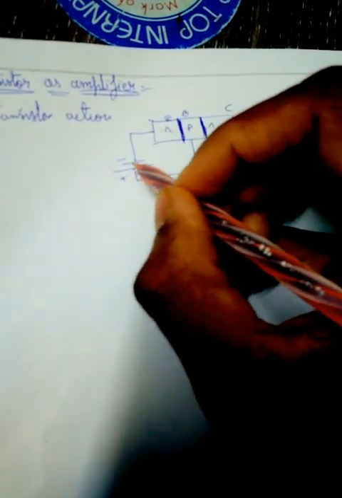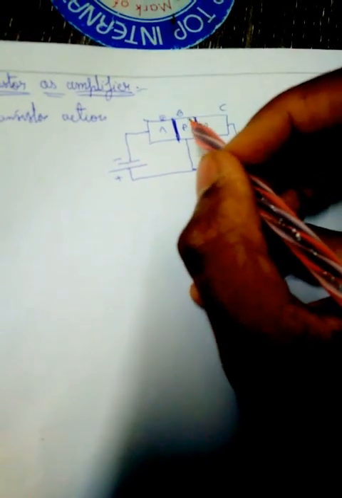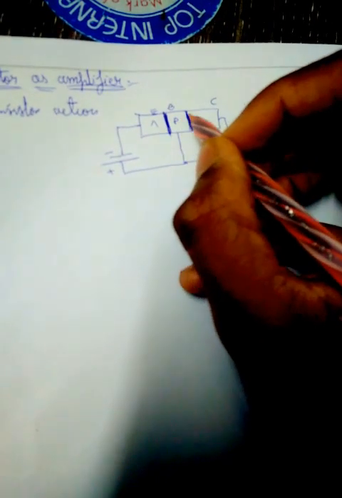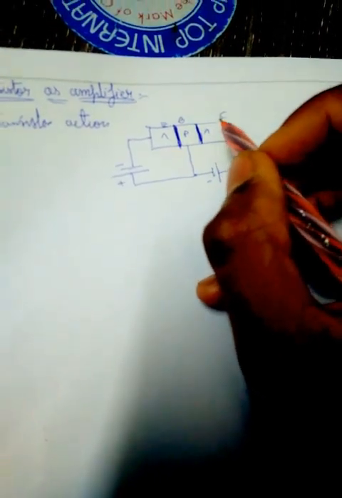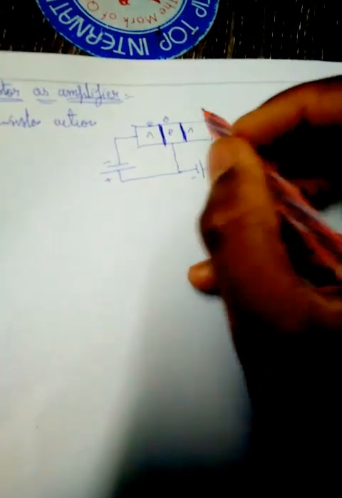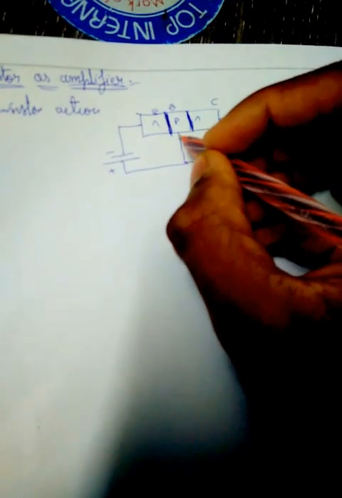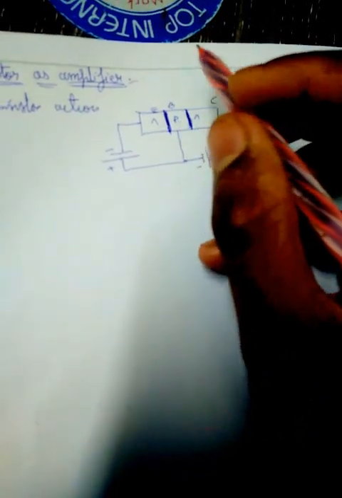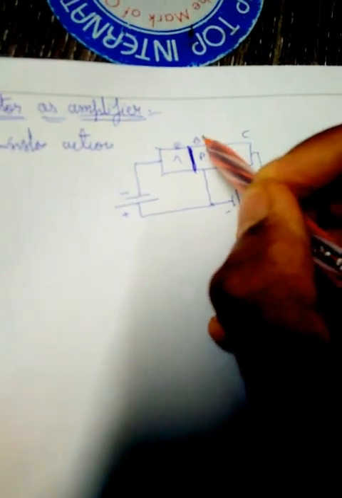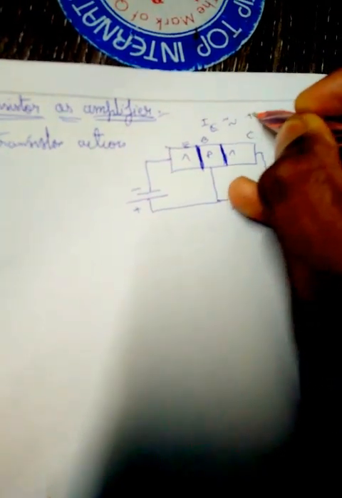The electrons that are repelled due to this negative voltage cross over into the base region, where they do not find enough holes to recombine with, and as a result they go into the collector region, even after the presence of a very high impedance junction. There will be a small current loss in the base region, but it will be very small. We know that the emitter current is nearly equal to the collector current and the base current is negligible. Therefore IE can be taken as nearly equal to IC.